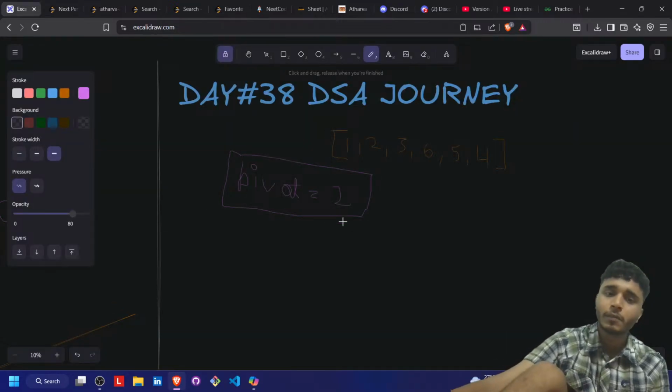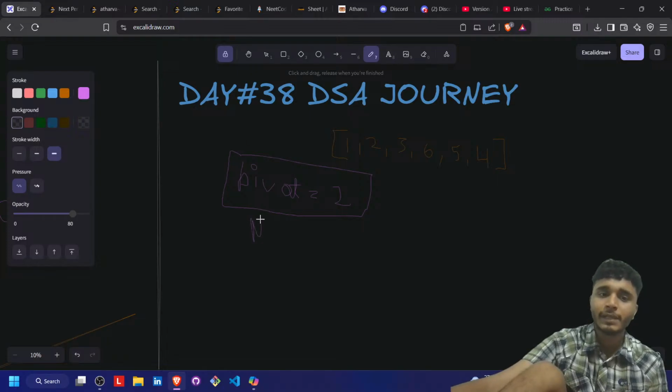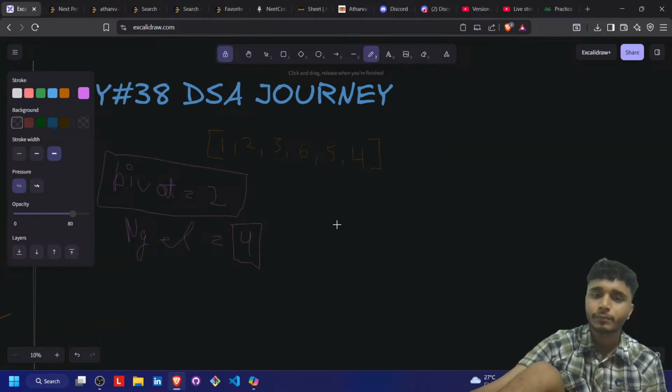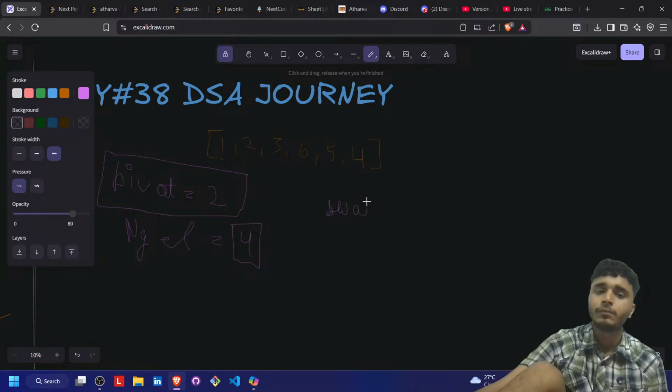So here, let's find the next greater element. It will become 4 because it is more than 3 when we compare that. So it is 4. Now we swap. We have to swap this value and this value. After swapping the values, the array will now become like